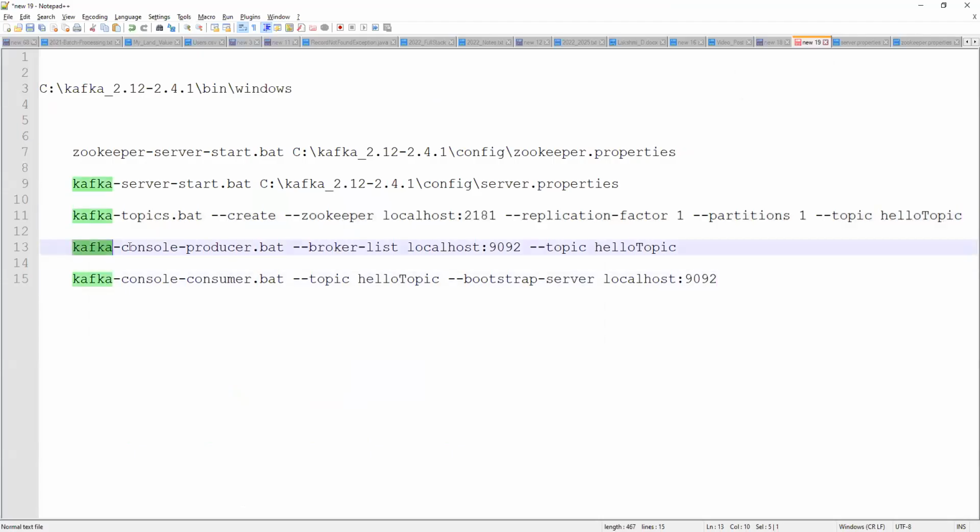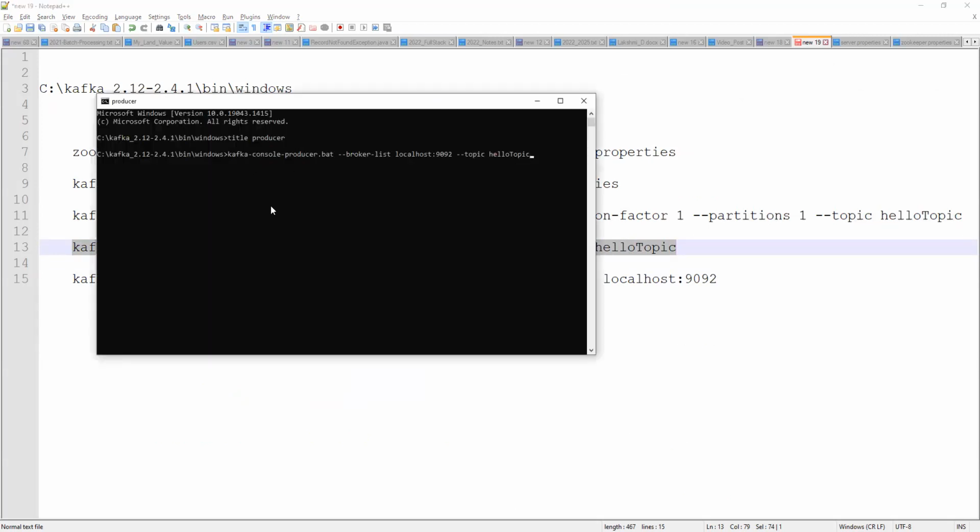Console producer with the topic: we are linking my producer to this topic, right? What topic you are connected to through the producer is important, because then only it will save the data inside the topic. So it is ready and asking me to give a message to save inside the topic.